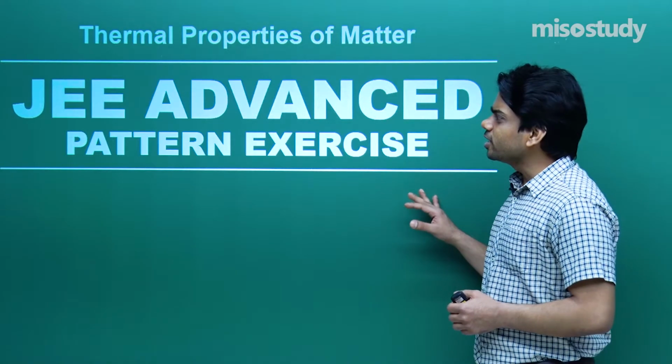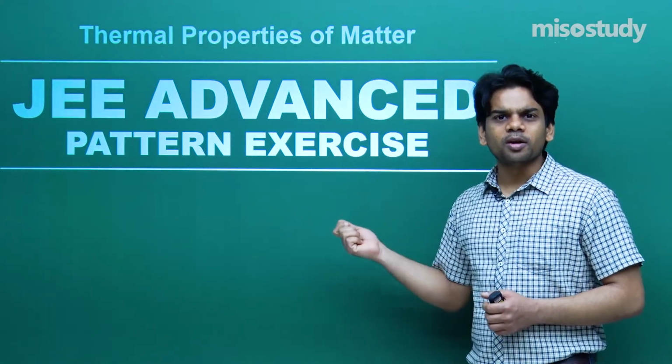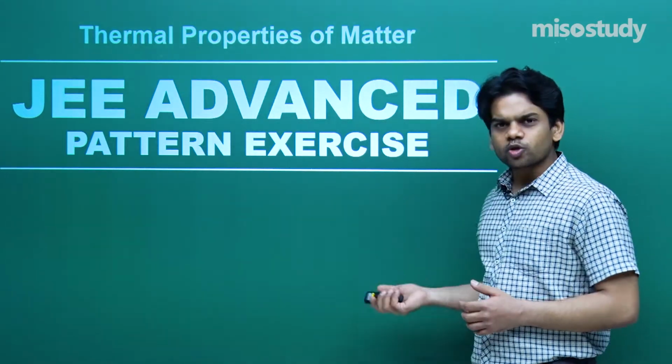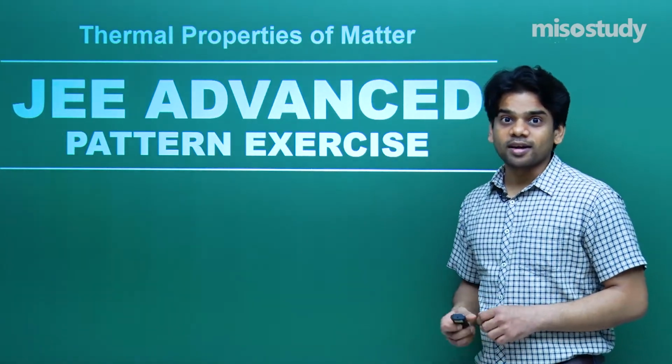Now in your integer type question you will have one option, and you have to bubble a circle that coincides with the integer you're getting as the answer. In single choice, again there will be one option as the correct answer. In more than one choice, you can get more than one option as the correct answer.